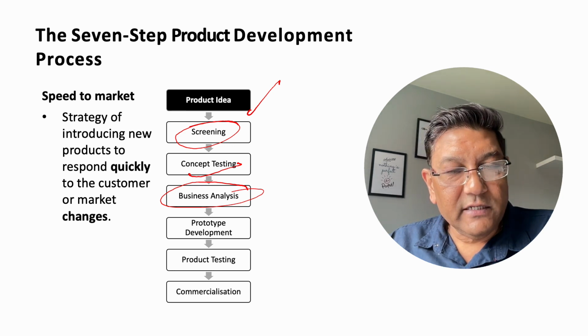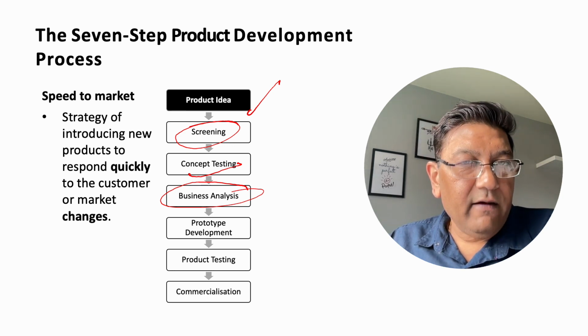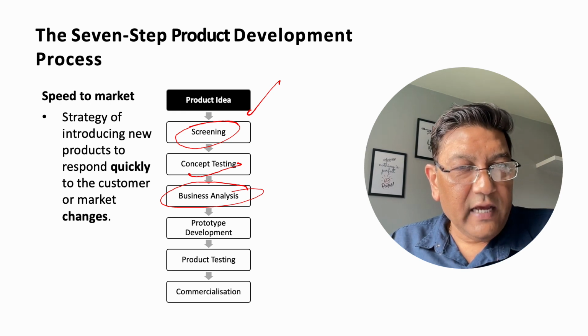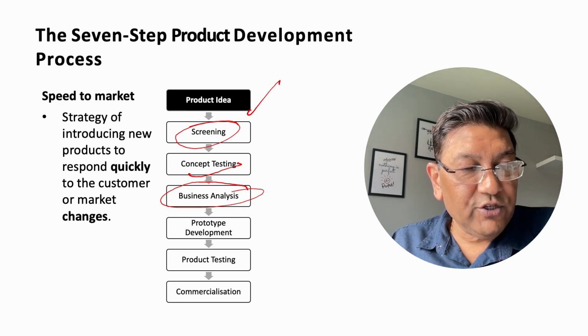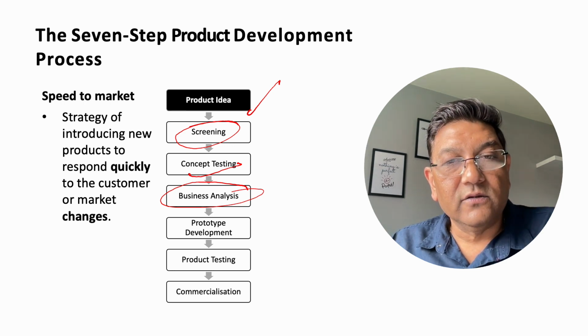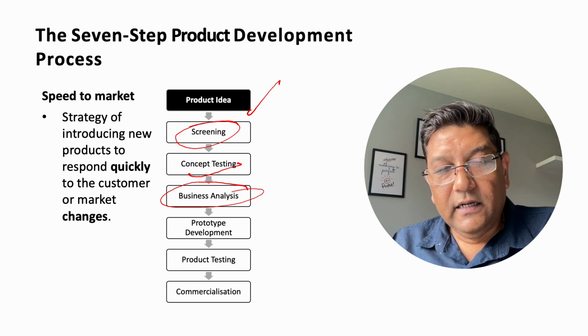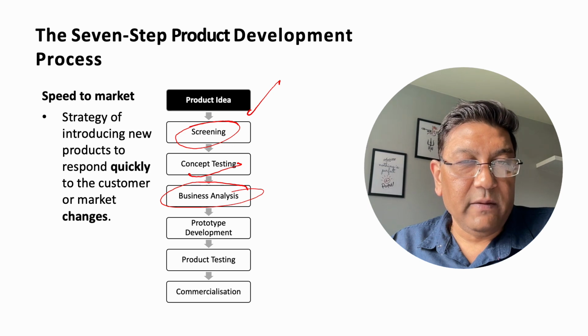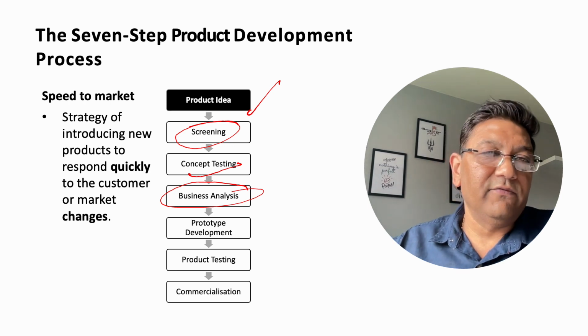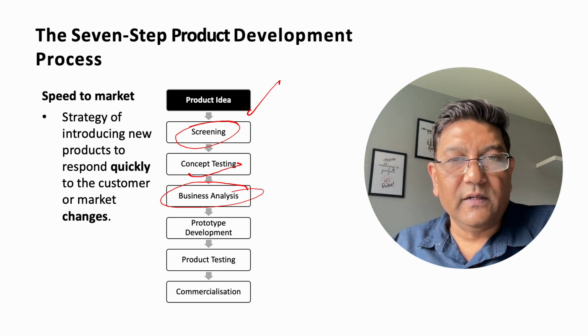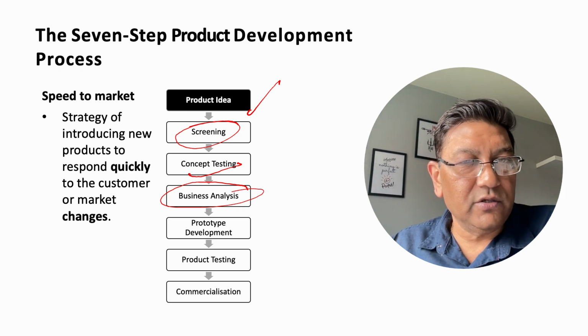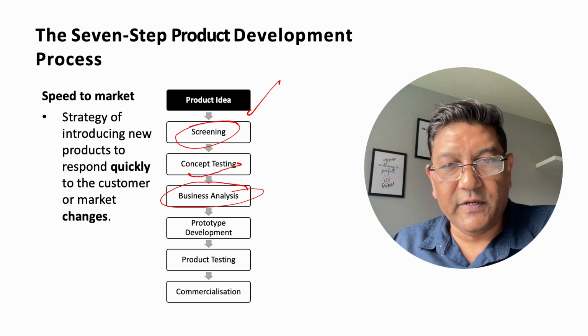Now, why could that be a risk? Because you might have a good product idea, but you might not have the capacity or the capability to manufacture or produce that goods or services. So if you think that you don't have the capacity or the capability, then there are several different strategies which you can use. For example, outsourcing. For example, having acquisitions or mergers with the companies who have that required capability.